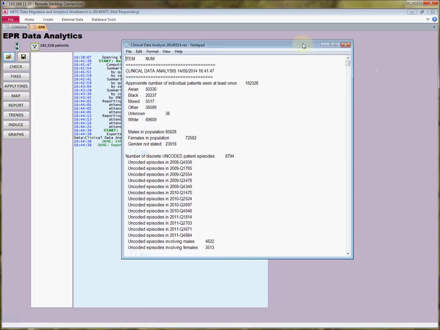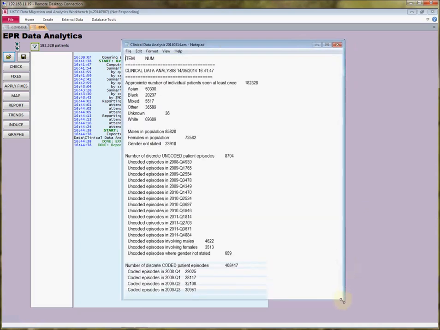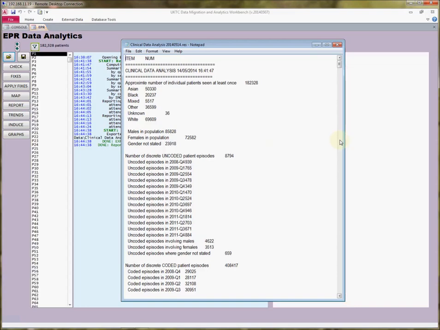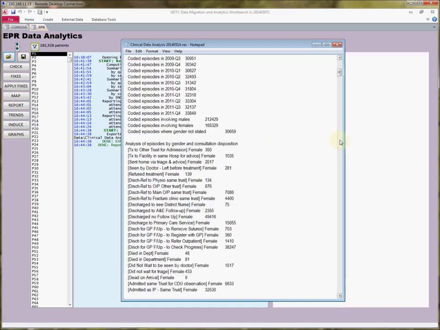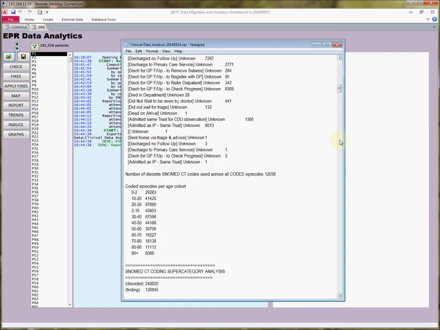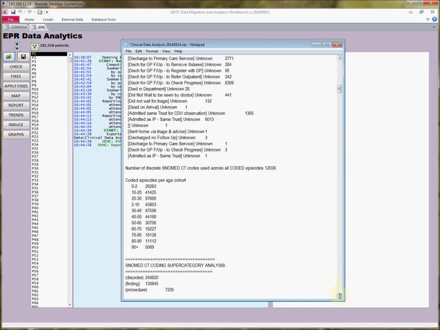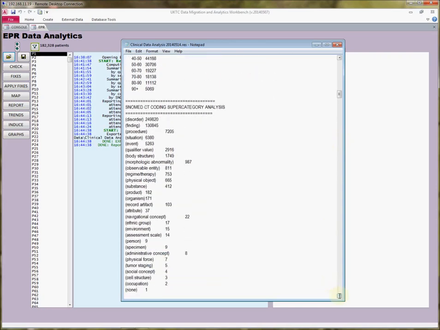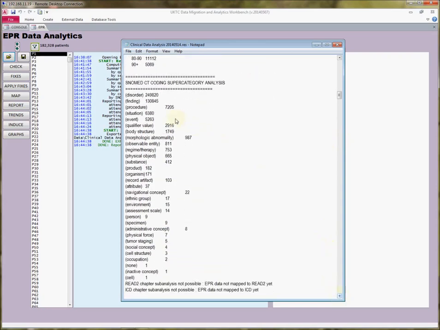So it's not pretty to look at, but it contains a lot of interesting information, beginning with a basic demographic analysis that has nothing to do with the coded part of the data, and then moving on to information about the outcomes of the consultations, the age, sex profile of the population, and then down to some coding analysis, beginning with a breakdown of which major chapters of SNOMED content the coded episodes are found in,